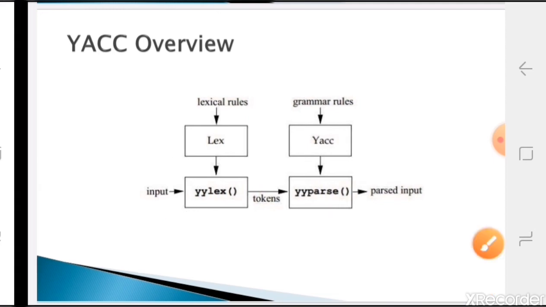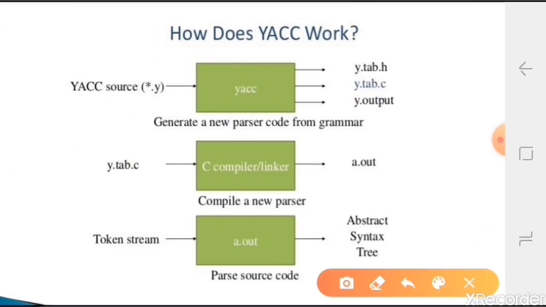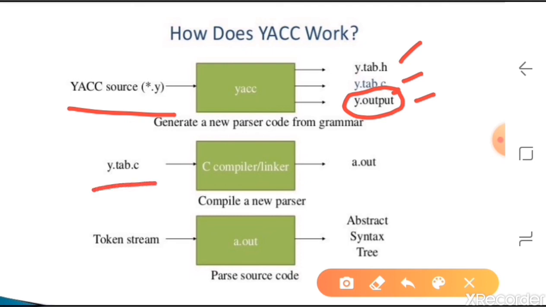Okay, so whenever you compile a yacc program, it will give three things: a .h file, one .c file, and a .output file. The y.tab.h file will always contain the tokens. The y.tab.c file is the grammar converted into C, and y.output will be the parse tree which is given to the next phase of the compiler. Here we are not using this because we are not studying syntax analysis. Then whatever we have in y.tab.c, we have to compile it.